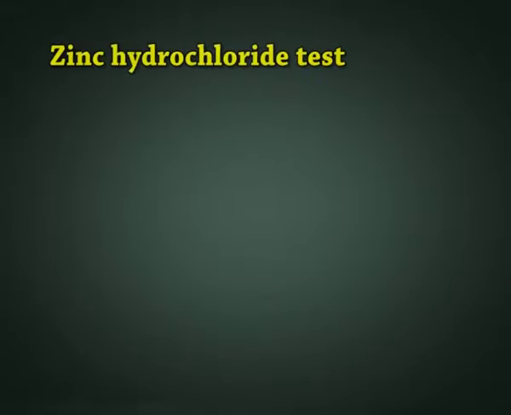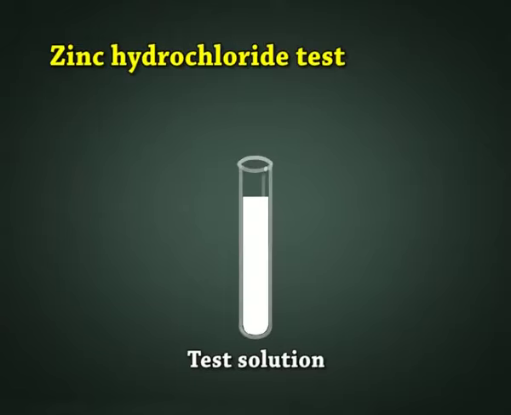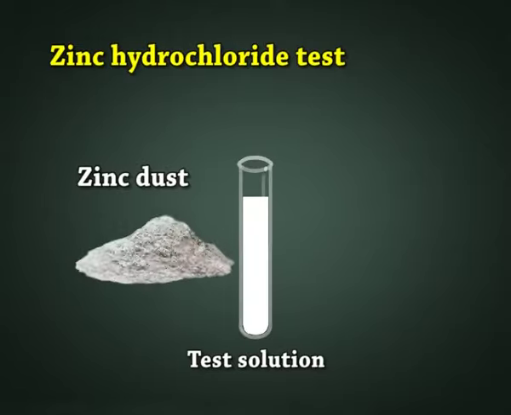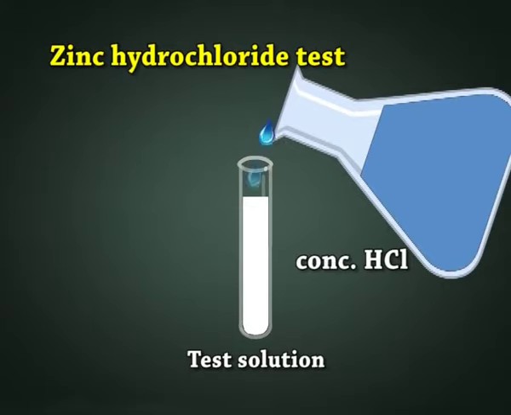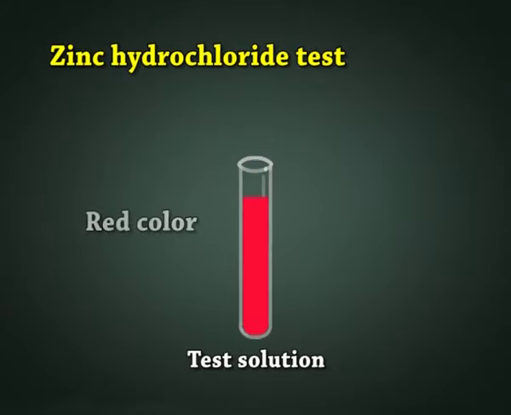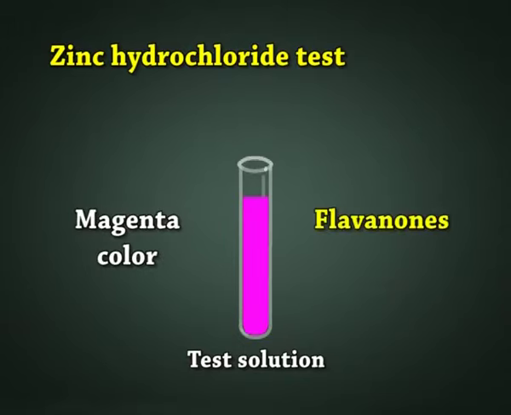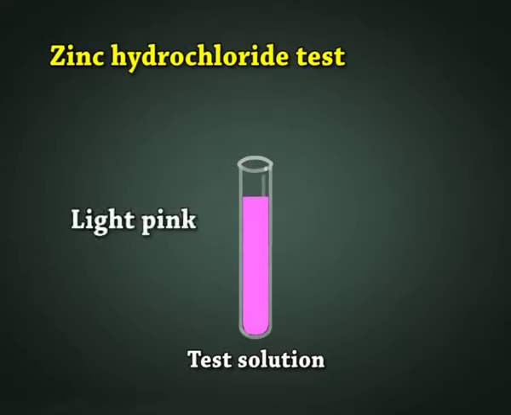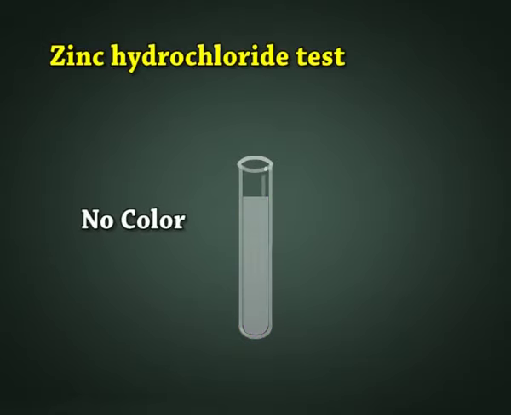Similarly, we also have the zinc hydrochloride test, in which we take the test solution and add a mixture of zinc dust and concentrated HCl to it. It gives red color after a few minutes. This deep red to magenta color shows the presence of flavonoids, while light pink or no color may indicate the presence of flavonols. Another test which we can use to identify flavonoids is the ammonia test, where we have to